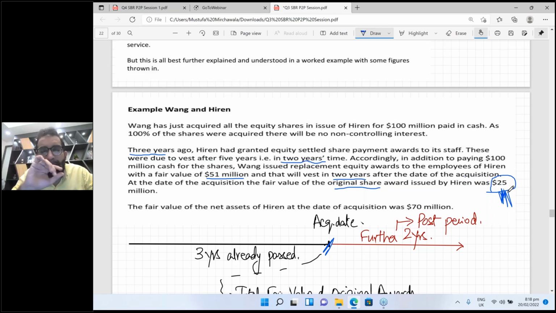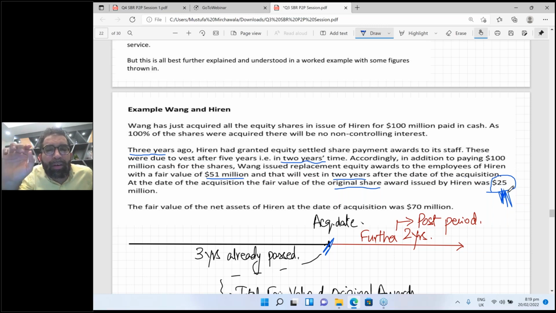That was the deal. Okay, but out of these 5 years, how many years have been passed? 3 years. That means employees have worked for 3 years. That means on the shoulders of S company, the responsibility is 25 million into 3/5. Take out your calculator, take out your pen and pencil. Come on, quick, do it.